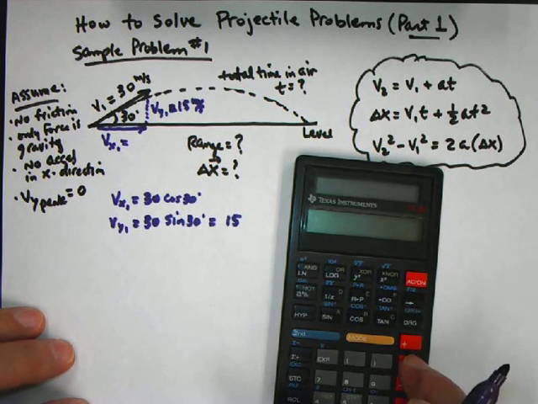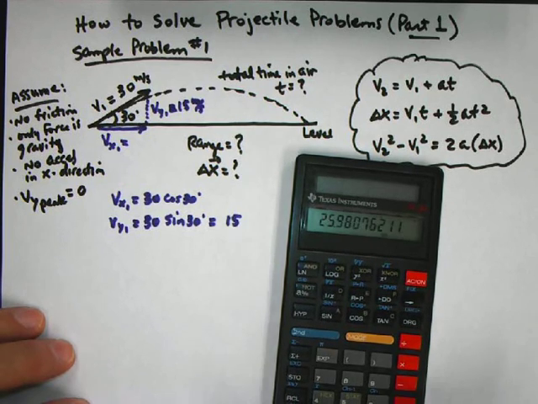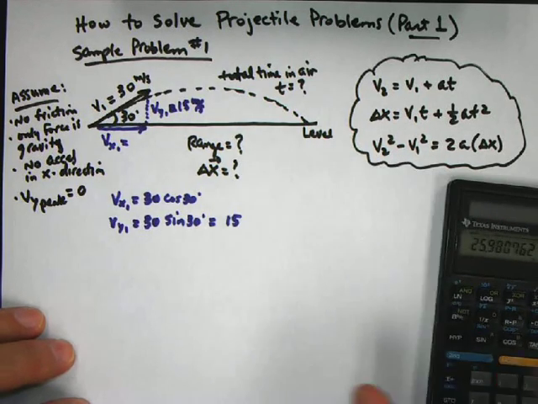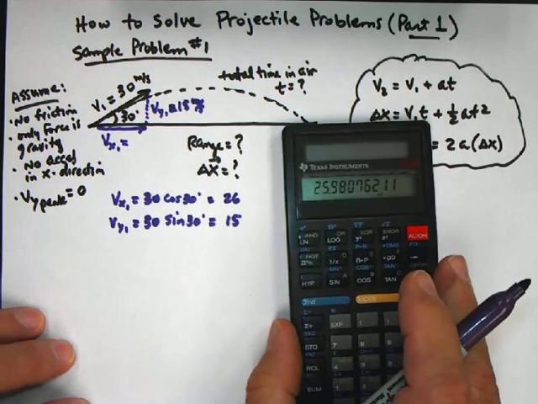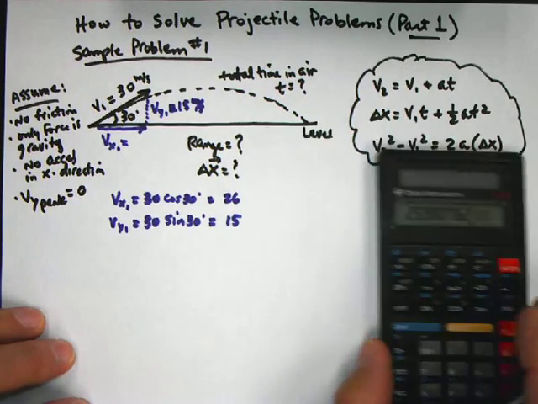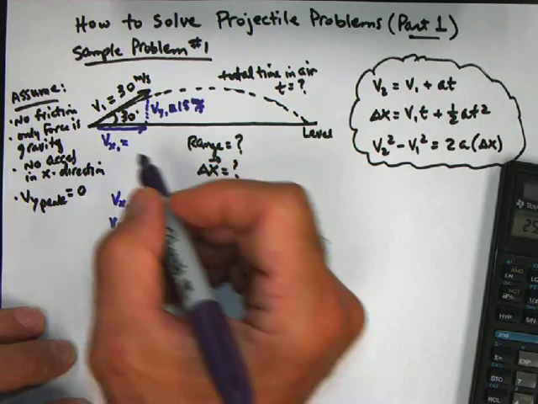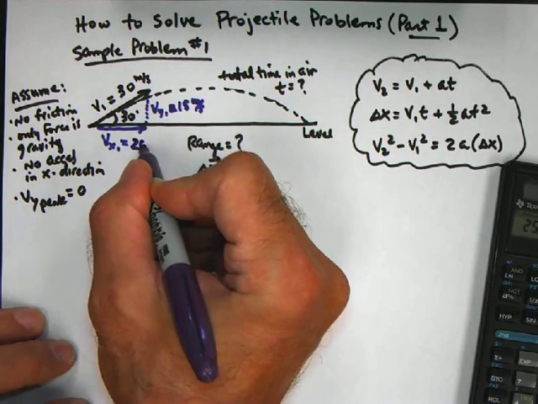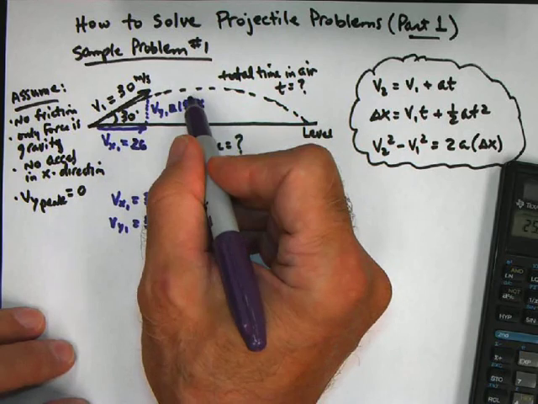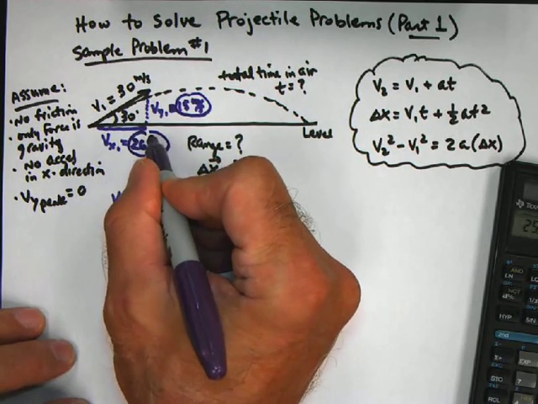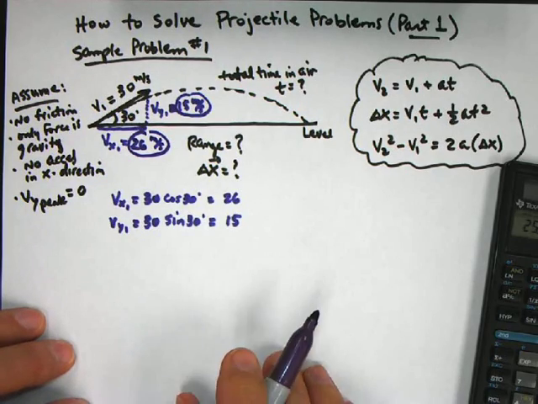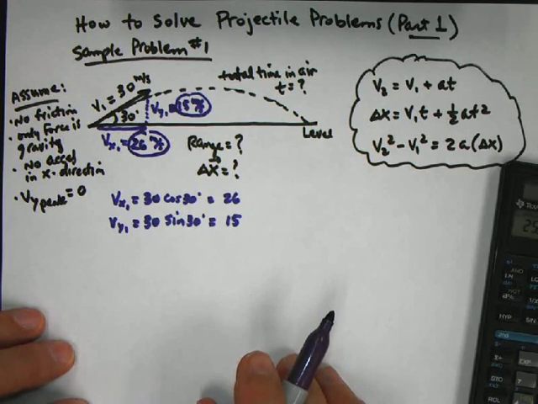It's like 0.86 times 30, but let's see, 30 cosine times 30. I'm just using degree mode. I get about 26. So about 26. Notice I'm rounding roughly there, and that's fine to do here. So 26 meters per second for the horizontal component, and 15 meters per second for the vertical component of the